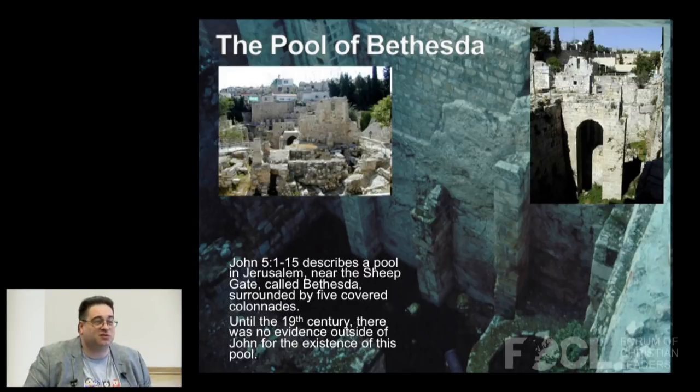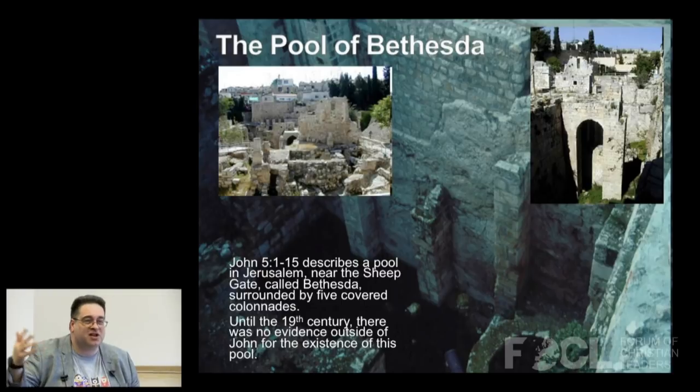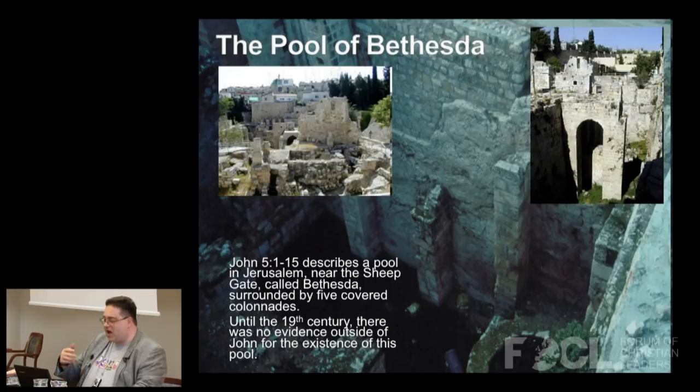What would the writer of John's Gospel know about Jerusalem in the 1st century prior to the destruction of Jerusalem in AD 70? And all of this stuff about the 5 covered colonnades and so on. That's probably talking about a symbol of the 5 books of the Pentateuch, isn't it? So it's probably a symbolic story that's got no connection with historical reality. Well, you can build up theories in the clouds as much as you like until the archaeologists come along and they dig up the Pool of Bethesda, exactly where the Gospel of John said it was, and go, oh, look, it's got 5 covered colonnades.